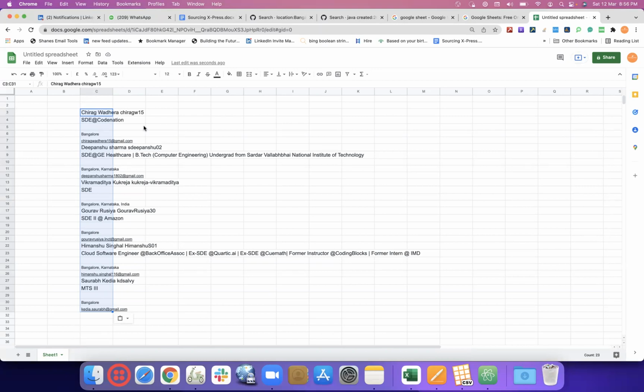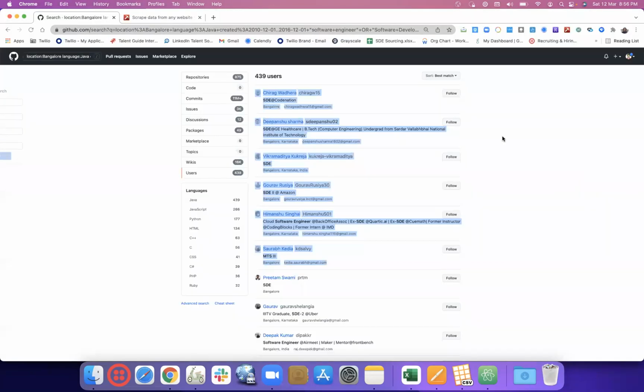But what if you want one particular column for name, one for email ID, and one for additional details? In case you want it that way, that's where we use a data miner to scrape the data. So basically, this data miner is where we also get the candidates. I mean, we can source over there, whether you're sourcing on GitHub, LinkedIn, or HackerRank, whichever web page or website.